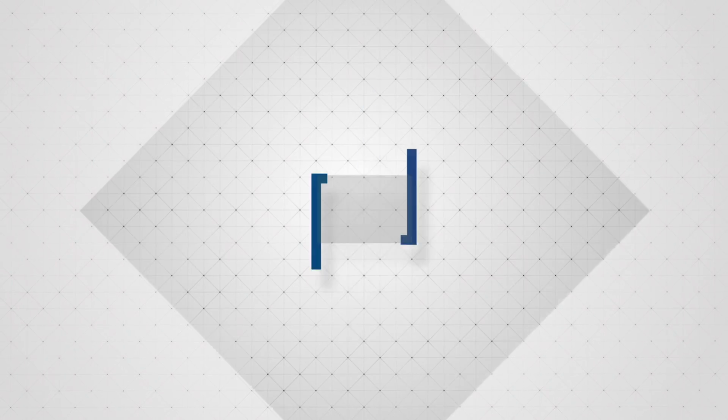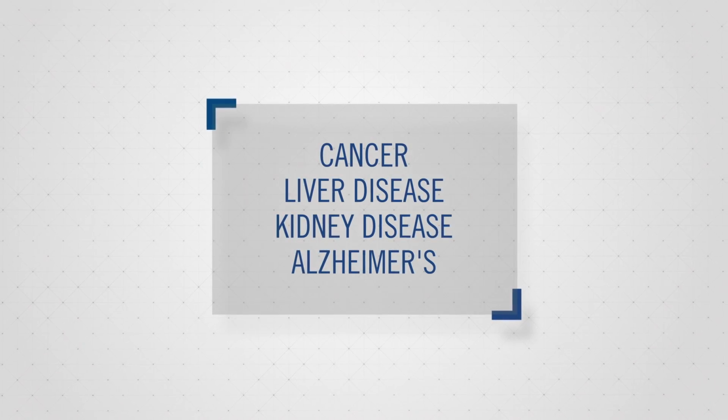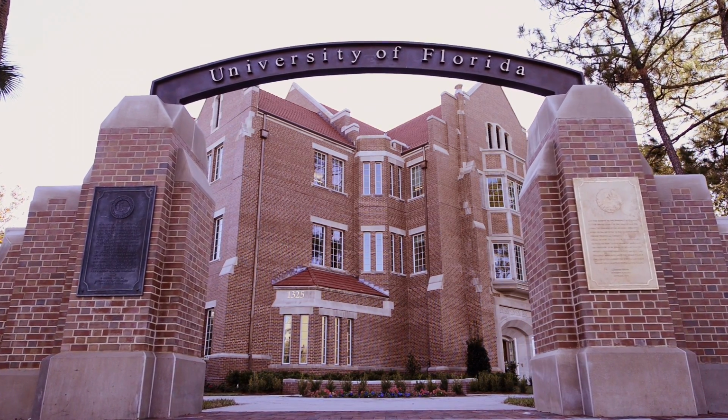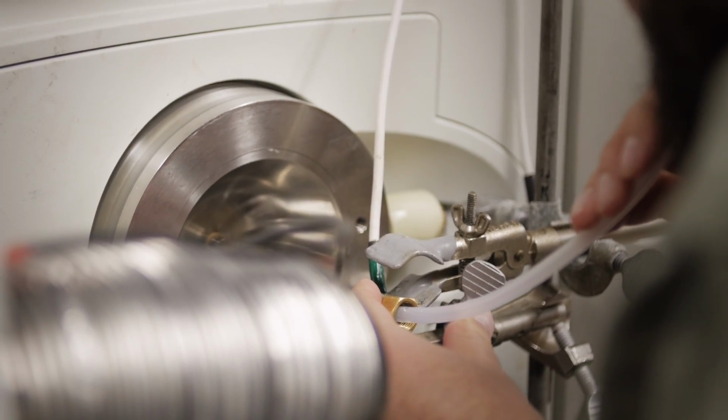BreathTec is developing breath testing devices to help early screening for diseases such as cancer, liver disease, kidney disease, Alzheimer's. Testing is based on scientific evidence that breath contains biomarkers that can be recognized in your breath that speak to disease states. And we're working with the University of Florida to develop handheld breathalyzers to detect early detection of diseases